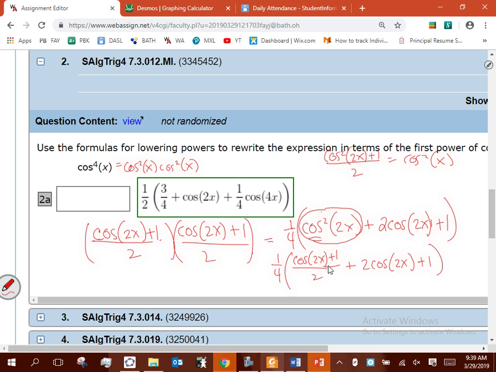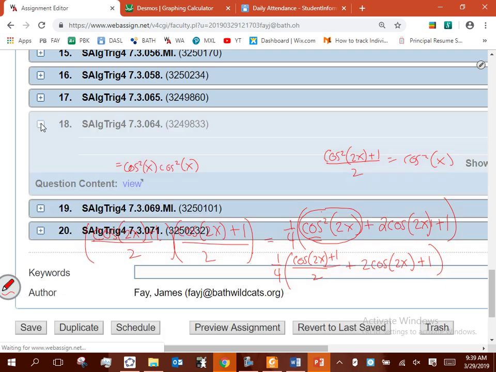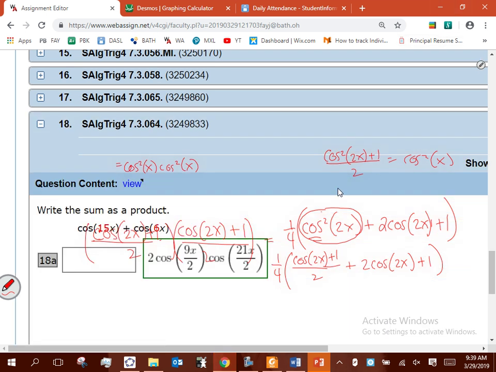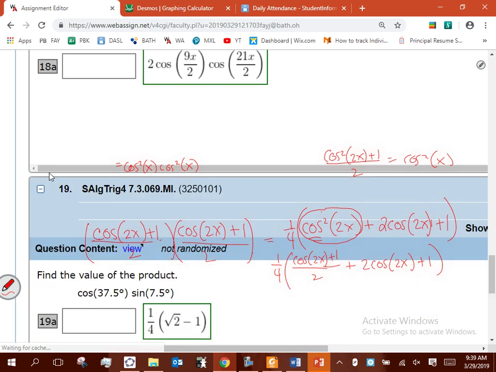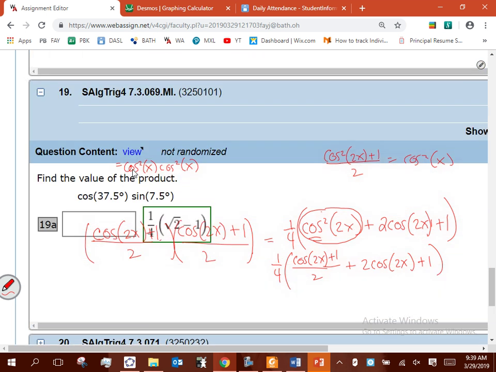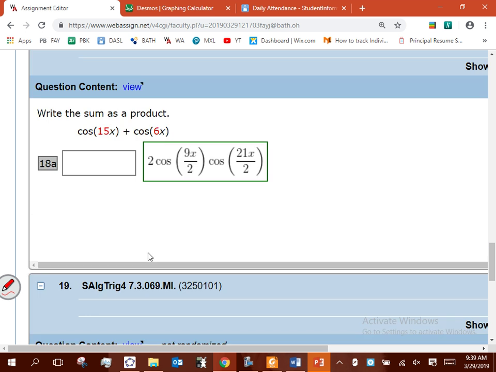Are there any more half angles that you guys want to talk about? I know the last class had this question. I think it's 18 or 19. These are some of the products. Okay, so those are